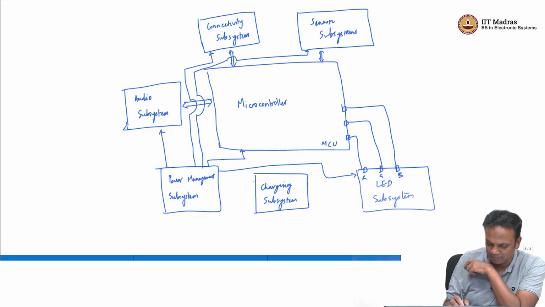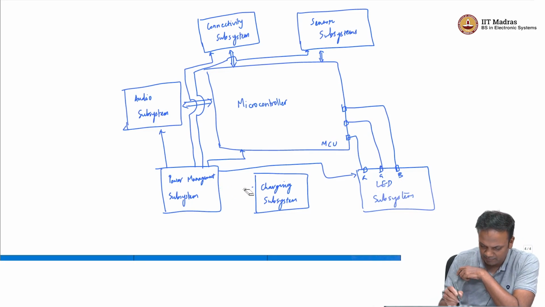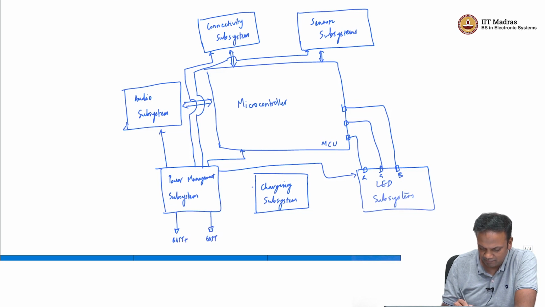Now, the charging subsystem is going to provide the, or maybe let us not do it this way. So, the power management subsystem operates from the battery. So, it has the two terminals of the battery connected to it, and the charging subsystem will connect to the battery because it is the battery that it is charging, and it will also have ports for